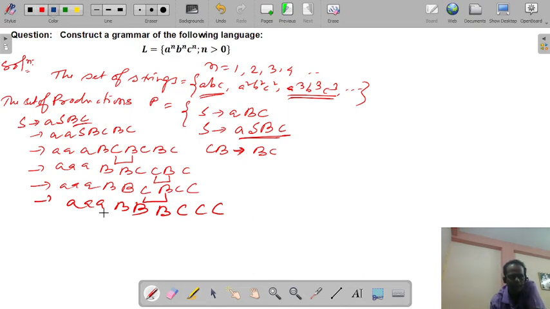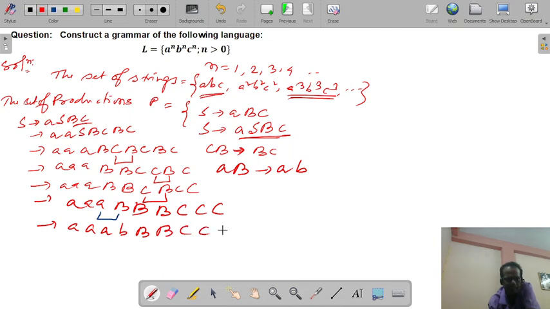Now this a and B need to change to small a, small b, with the help of this production, aB to ab. This is aa, ab. Now this small b, capital B to bb.